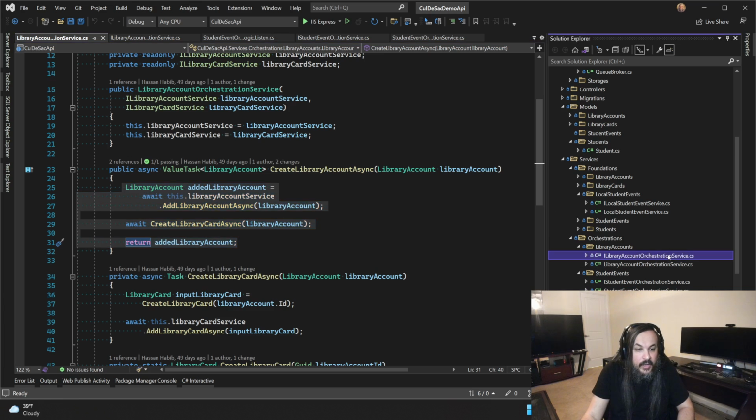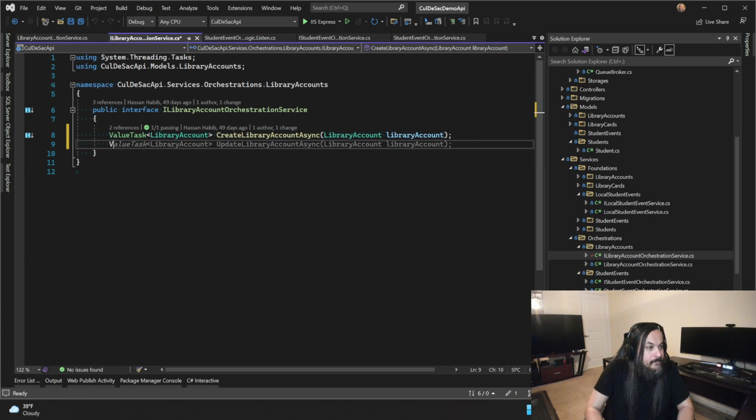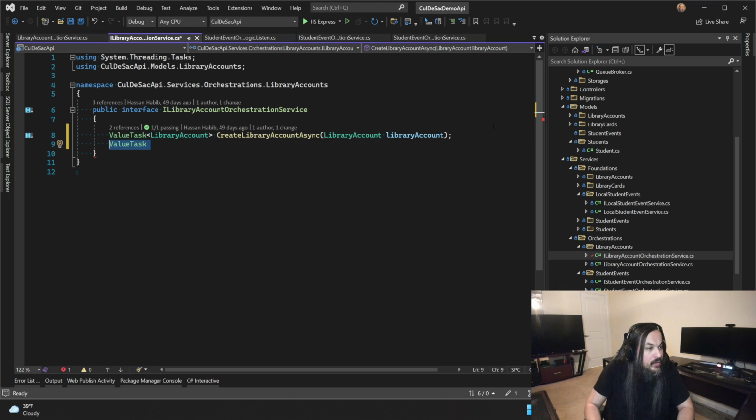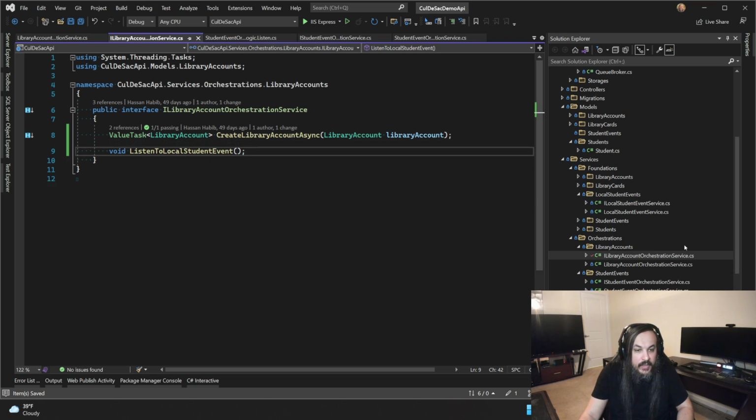So how are we going to do that? We're going to go here and say value task. I don't think you even need to do that. You should just need to say void listen to local student event. And that's it. It doesn't do anything else.